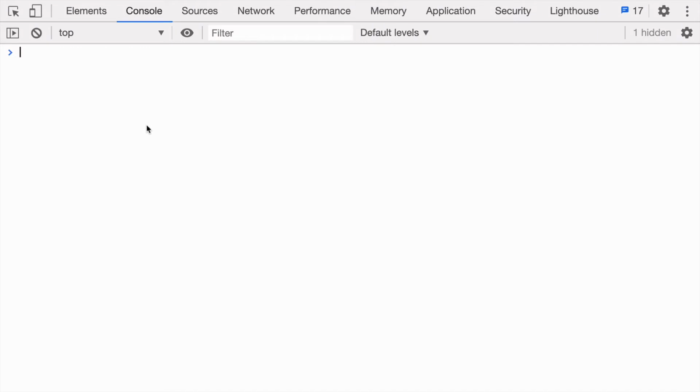We have two values like 13 and 24. I want to see if 13 is greater than 24 or not. The first thing we need to understand about comparison operators, all of them, is they will always return a boolean data type. So here when we say 13 greater than 24, it will return false.